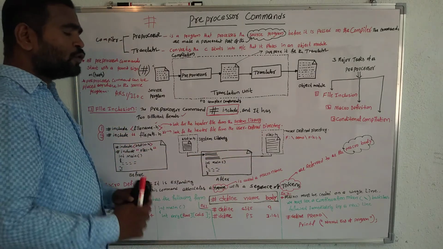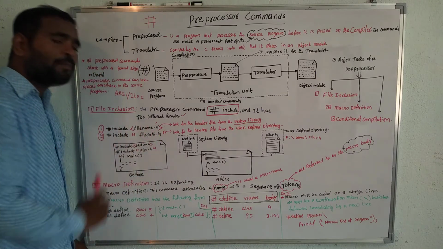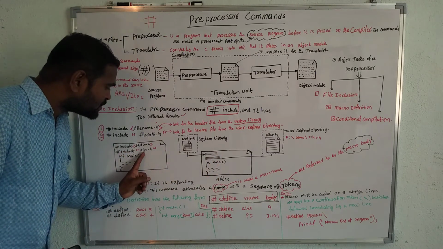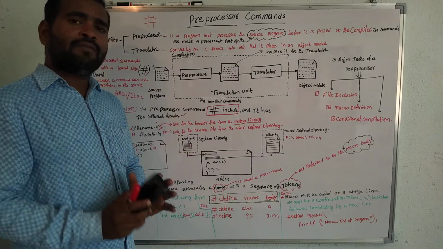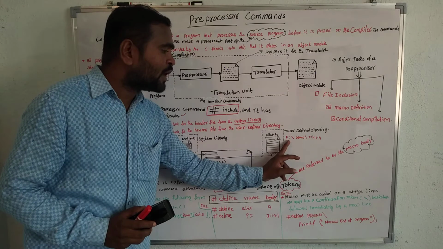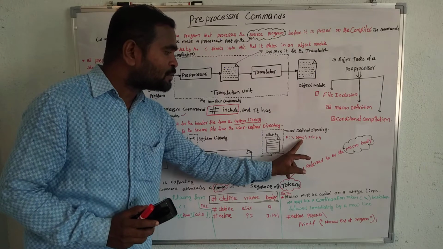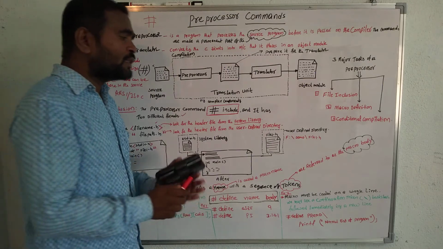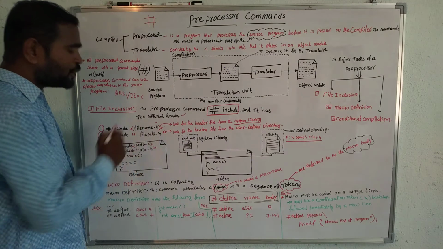That is why, if you mention a user defined directory, you mention the complete file path. Suppose this file1.h is available in the demo directory, and that demo directory is available in the F drive. Then you mention the complete path: in this F drive you have a directory called demo, and in this demo you have a source file, file1.h. This is called the file path. You mention the complete file path within the double quotation marks.